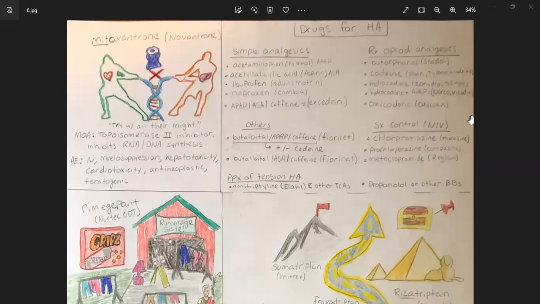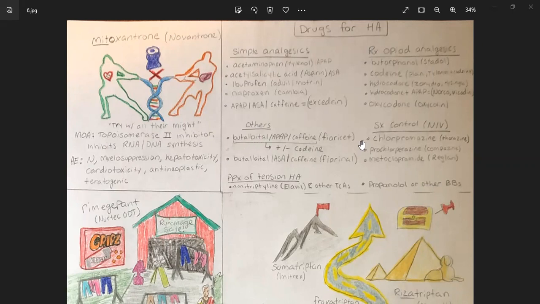So now we're going to move on to drugs that are for headache. I have them listed out here, and I will go over the drawings that I had previously. We have simple analgesics, which are your acetaminophen, your NSAIDs, acetylsalicylic acid, which is aspirin, ibuprofen, naproxen, and then you have Excedrin, which is acetaminophen plus aspirin plus caffeine. You can use some opioid analgesics, although it's really not recommended, but you have butorphanol, codeine, hydrocodone plus acetaminophen, oxycodone,